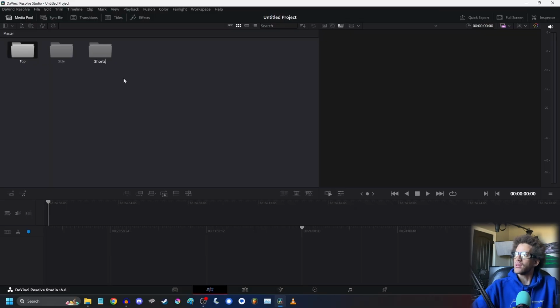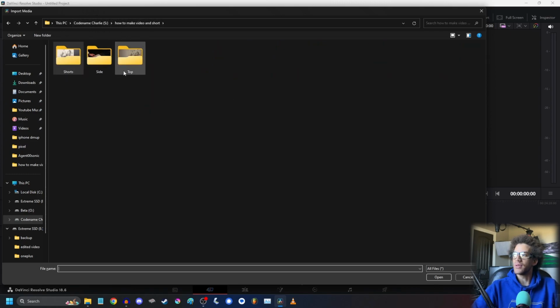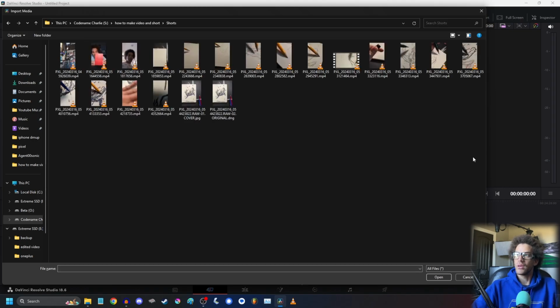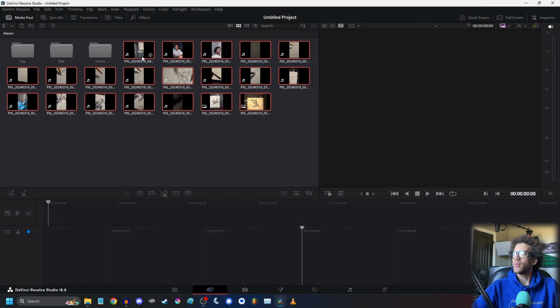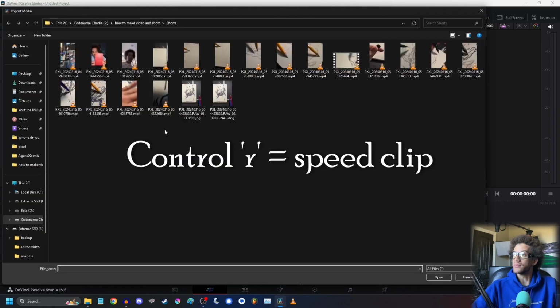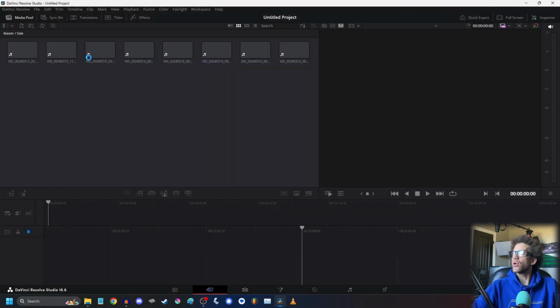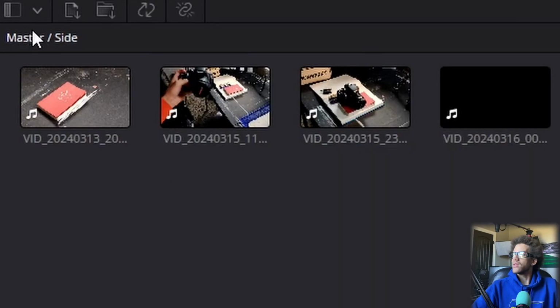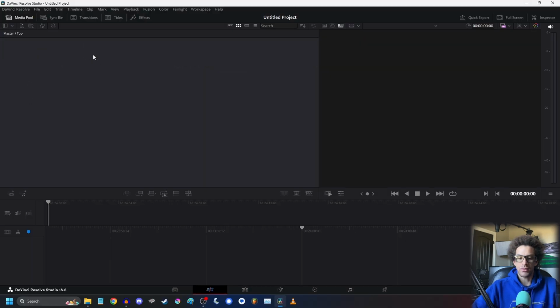So we do that, and wherever you save your files and everything like that, that's where you're going to go. I ended up saving it to one of my drives, and I already put each individual camera angle into those camera angles. So I select everything from the shorts folder. Once it loads, I move it into shorts. Side, I'm doing Control I for the keyboard shortcut. Import. And right here, if you click on the master, that's where all your folders are going to be. Click on top, import those,